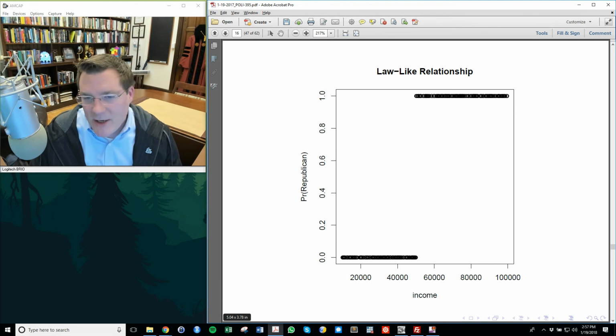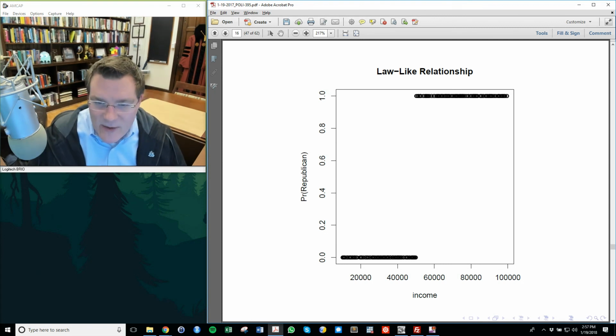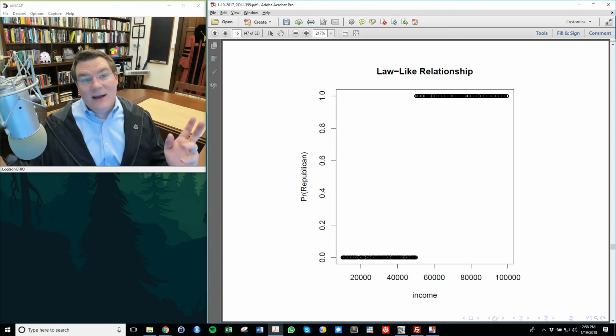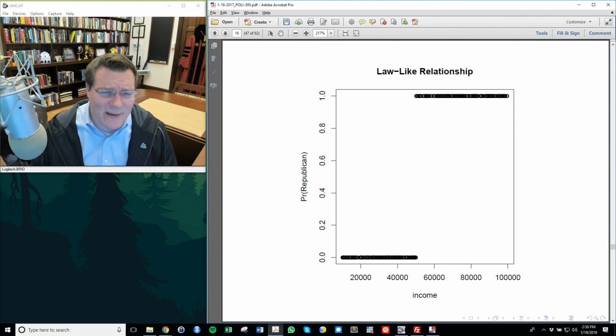A law-like relationship might say income is related to the probability that you vote Republican, and one type of law-like relationship is, well, if you're poor, which I defined here arbitrarily as less than $50,000 a year in income, you never vote Republican, and if you're rich, you always vote Republican. Obviously, nothing even close to that exists in social scientific data. I don't think anything separates out voters quite that much for a variety of different reasons. So it's extremely unlikely for us to see this.